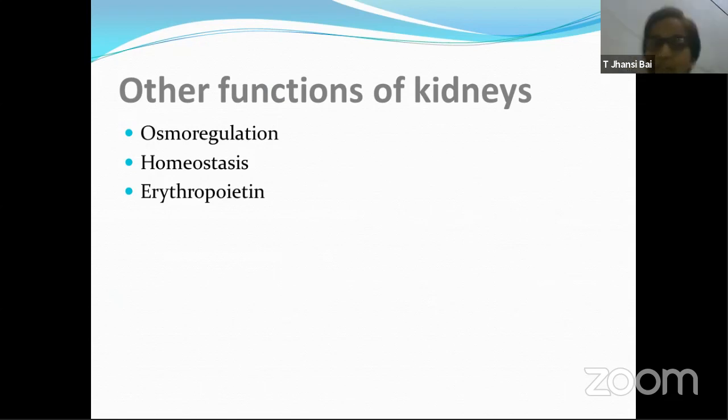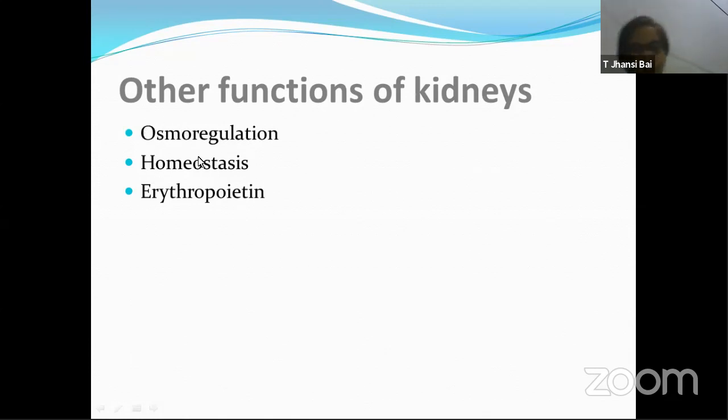First, as you can see on your screen, osmoregulation. Have you noticed that the day you take a lot of water, urine output is more? That means a lot of fluid goes out of the body. The day you starve, or fast, or don't take a lot of fluids for any reason, or you do a lot of exercise, on that particular day urine output is less, right? Urine is produced, but output of water is less. That is what is called osmoregulation. That is nothing but maintaining water balance. So kidneys also help in maintaining water balance in our body. Osmo is related to the word water.